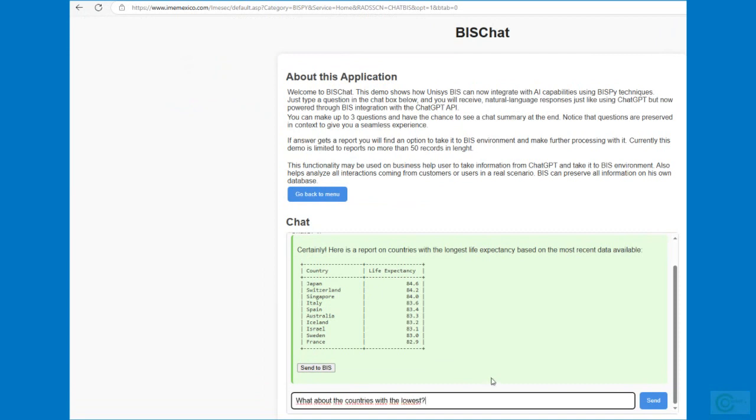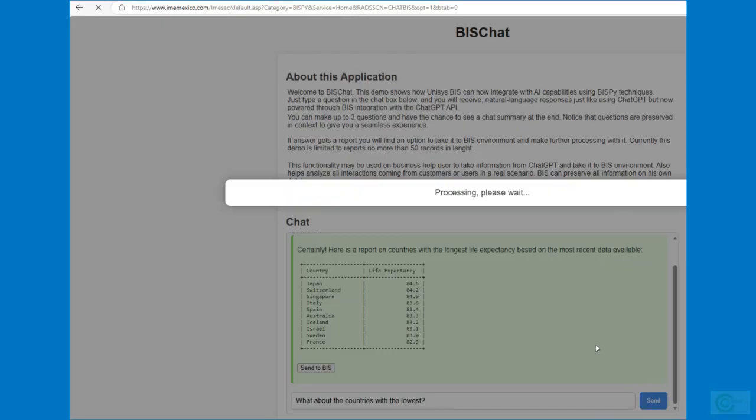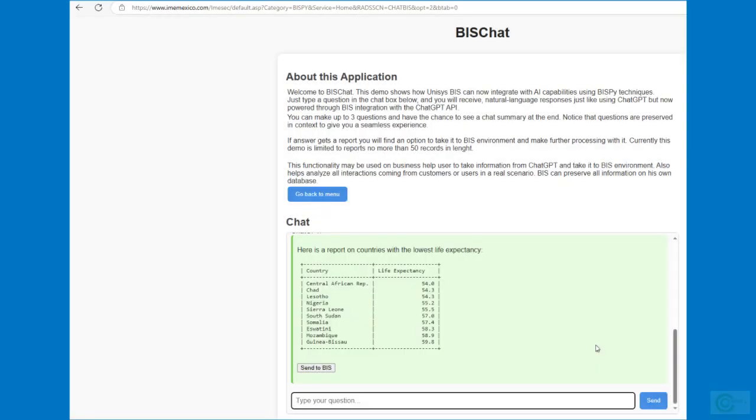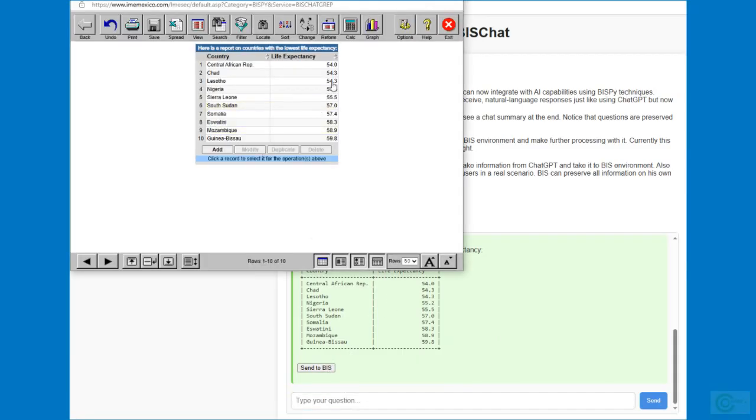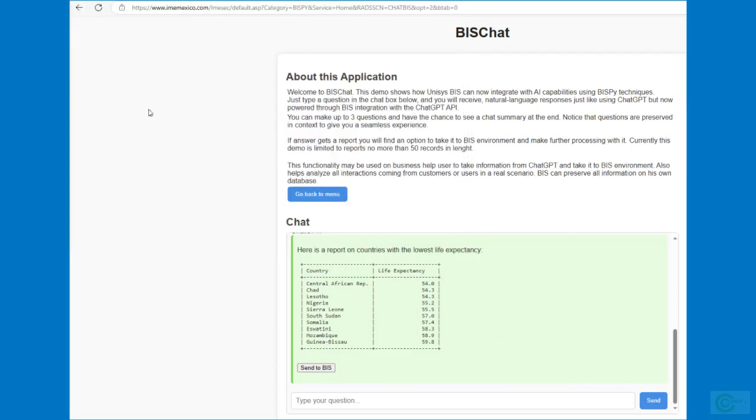Once back in the capture field, we'll proceed to include the following question. What about the countries with the lowest? Note that it's no longer necessary to specify the specific topic in question again, since, as in ChatGPT, we're using a mechanism to store the conversation history. We'll again look at BISChat's response, now with the countries with the lowest life expectancies and their ability to upload